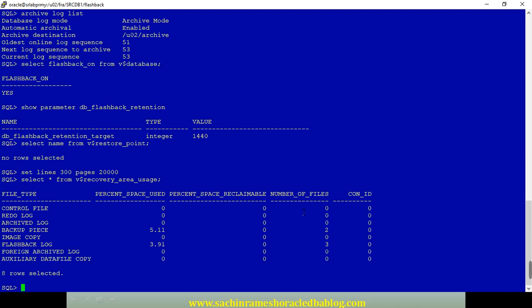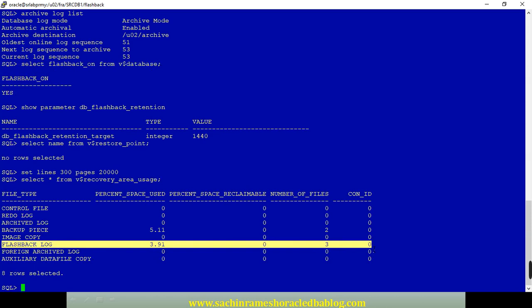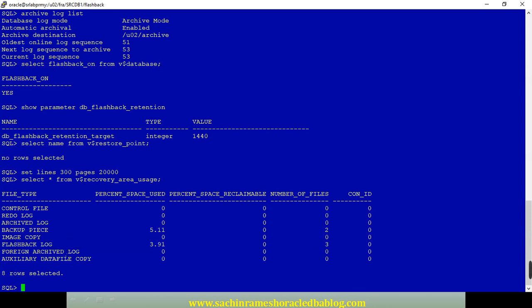You can see here, flashback logs will be occupied if there are more restore points in the database. So we can go ahead with deleting or dropping the old restore points before creating a new one. It will be on the safer side so the mount point doesn't get filled.